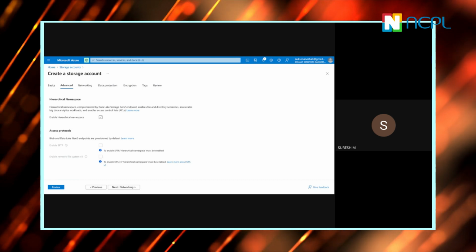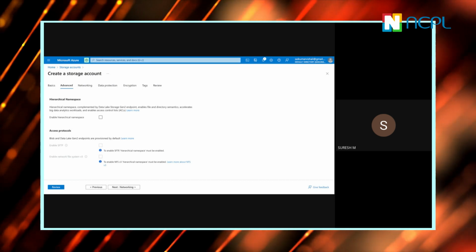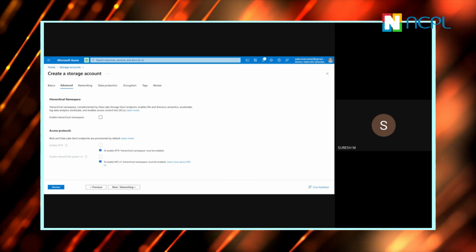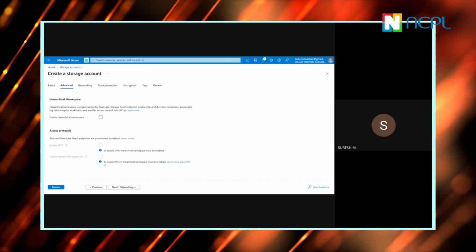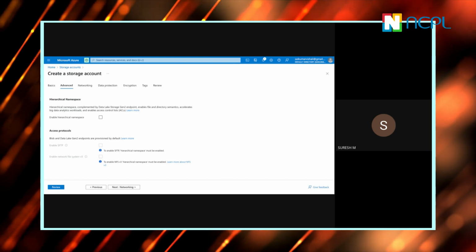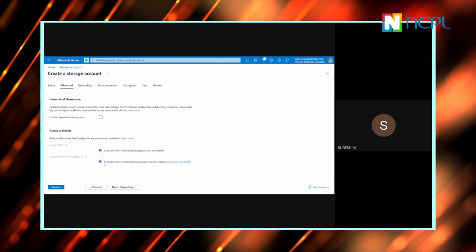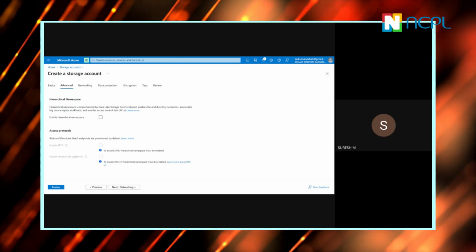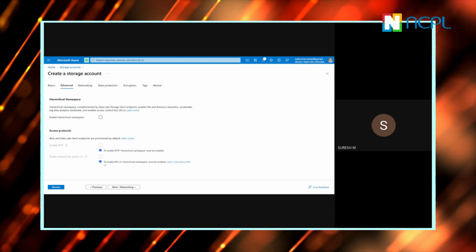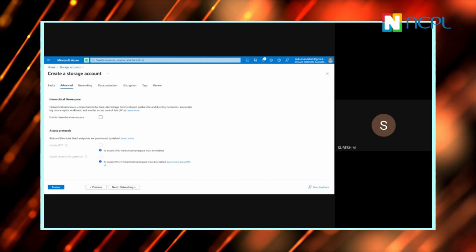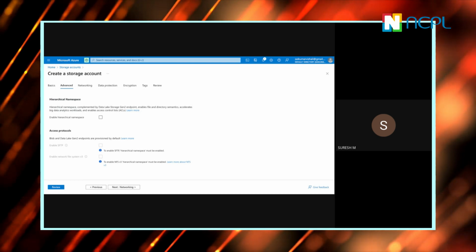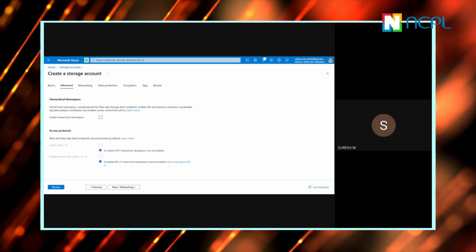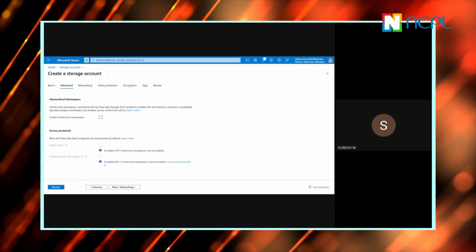So let me give this. If you created this storage account, there will not be any problem. I'm just sharing one notepad with you, which consists of the steps for how you create a data lake storage account and how you create a blob. The only difference I've shown is that you can pick up this link and download your file.